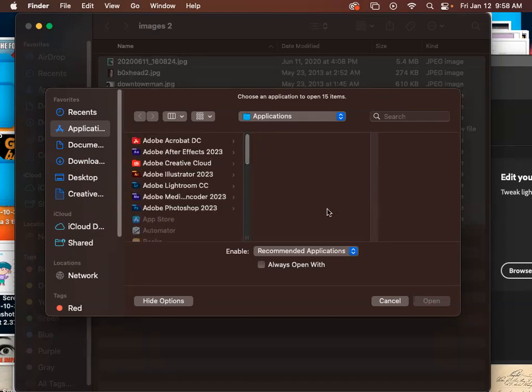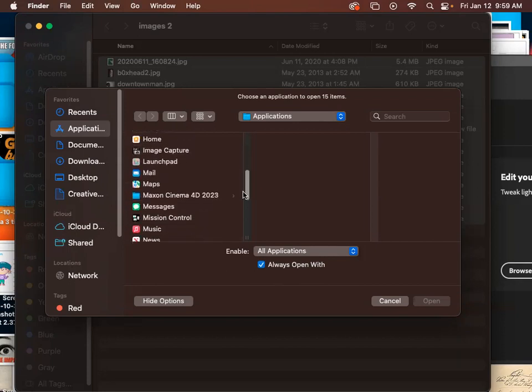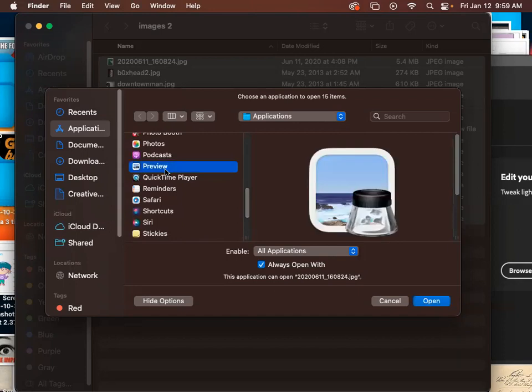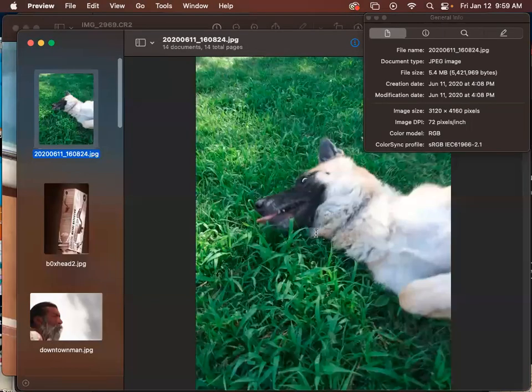Anyway, so here's the problem. When you don't have preview, you got to go here and say all applications and then always open. This is going to tell it to use preview. Go all the way to the preview like that. Yes. Say open. Now the CR2 one is going to open separate, but the rest,